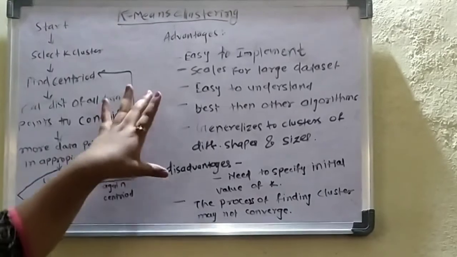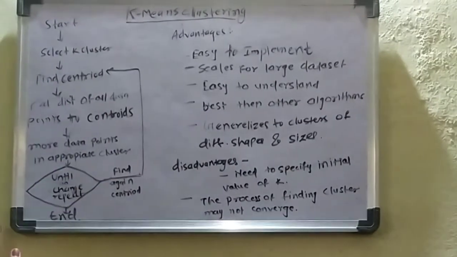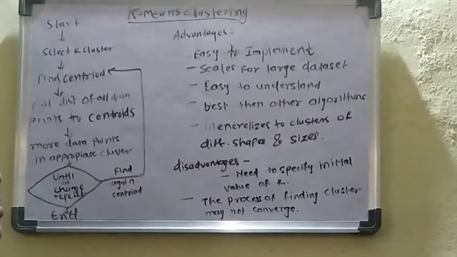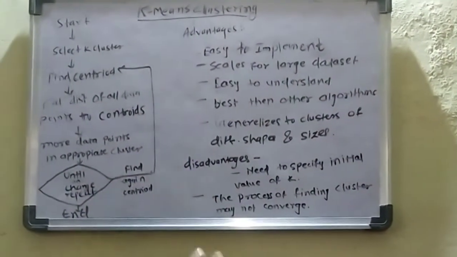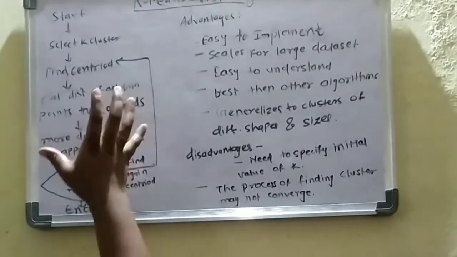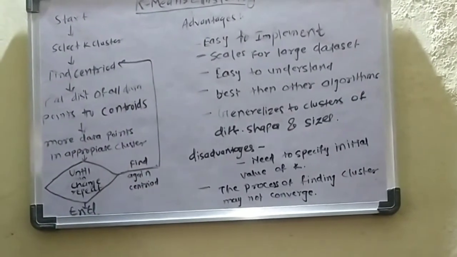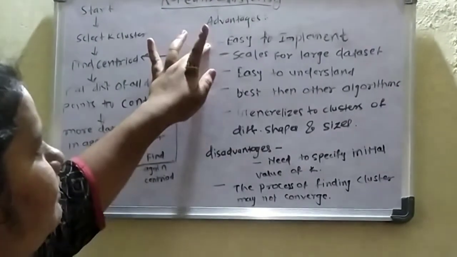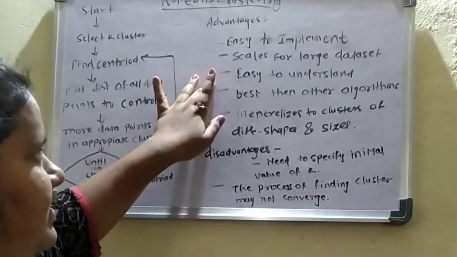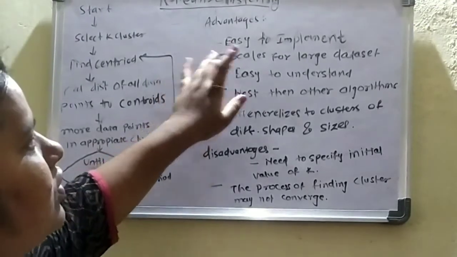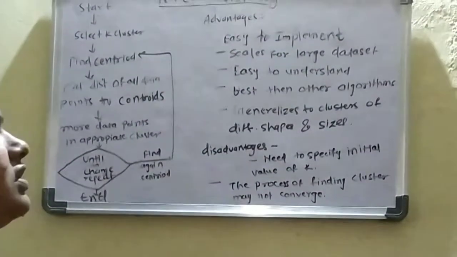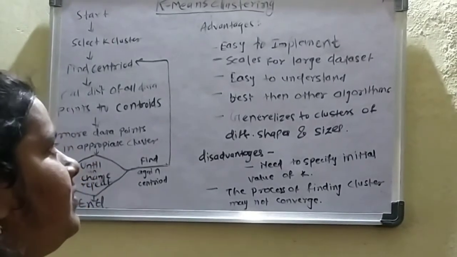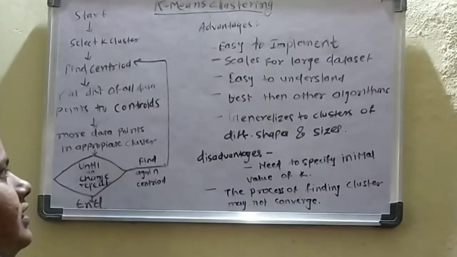Now we will be seeing the advantages and disadvantages of K-means clustering. K-means clustering is very easy to implement because the algorithm steps are very easy. We just have to use one formula and solve the numerical. The algorithm works the same way with Python code also. So it is easy to implement as well as easy to understand, and it's simple. It scales to large data sets. It works well with a large amount of data, also in Python coding. So the K-means clustering algorithm is easy to implement in Python also.